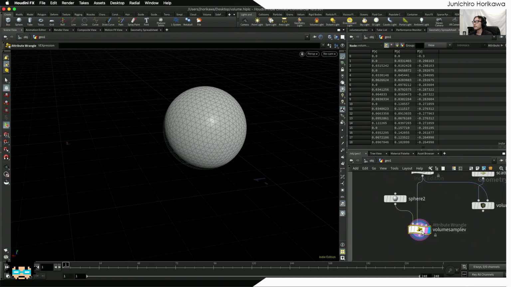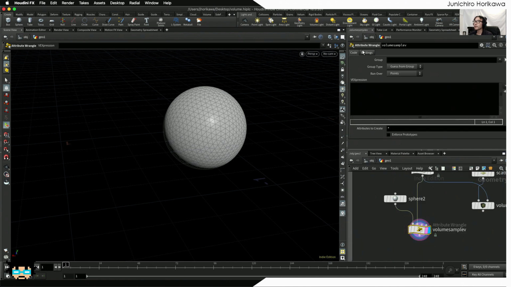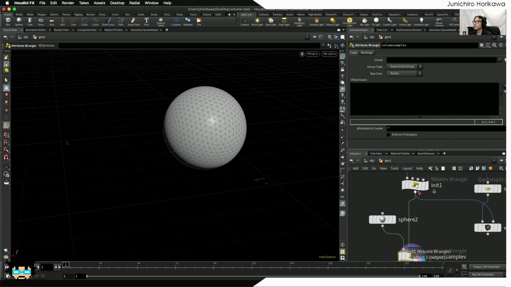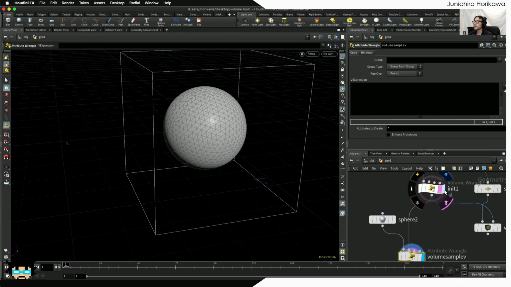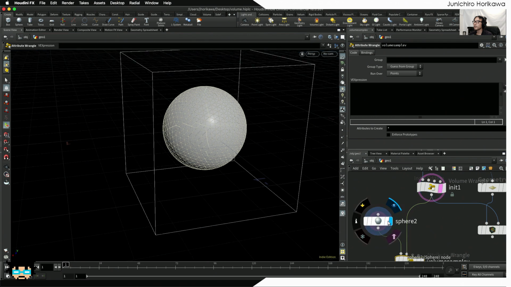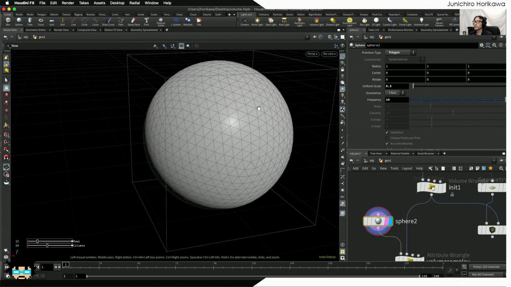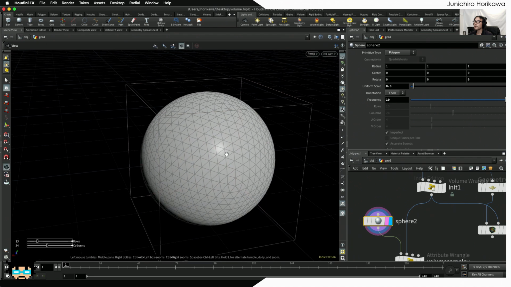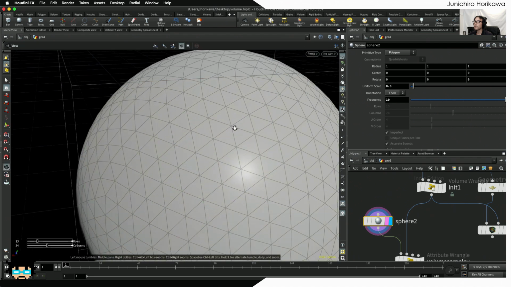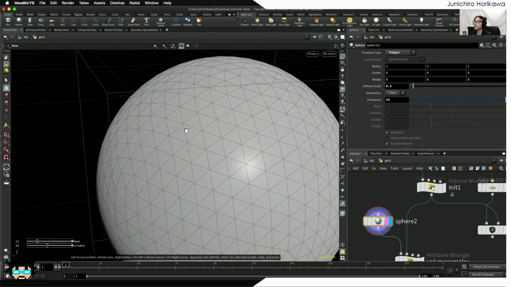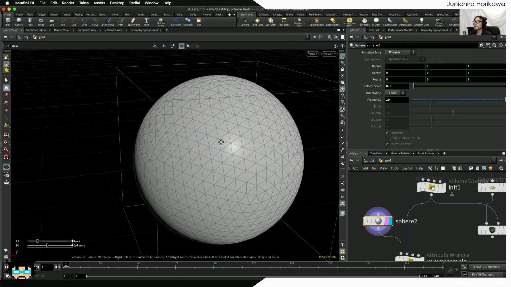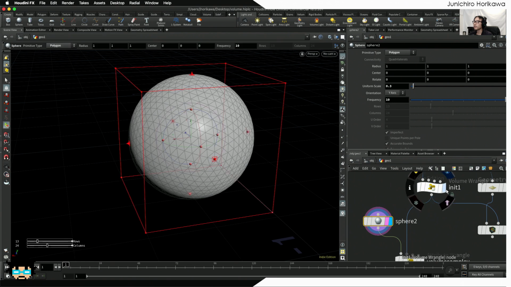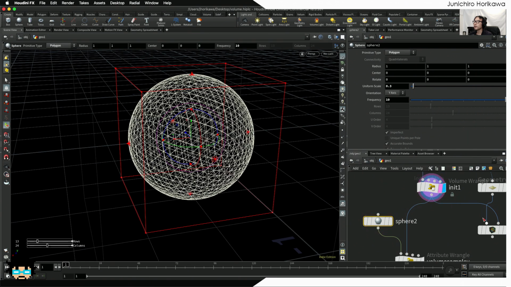Okay, and let's use the point wrangle in order to retrieve the sampled vector values from this volume at each of the point positions, which are on top of the sphere. Each of the spheres is created with these triangles with those point positions. So for each point position, I want to retrieve the corresponding volume values out of this